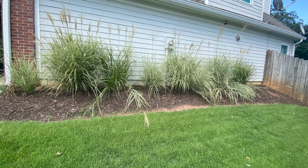When I design around the foundation of a house, I love deciduous plants. I love things that go to sleep during the winter. I have no problem with them. If you follow this channel, you know how many annuals I have that are gone during the winter, and perennials that go to sleep during the winter, shrubs that lose their leaves, trees that lose their leaves. I don't mind things going to sleep at all, but I do like to have some evergreen things around the